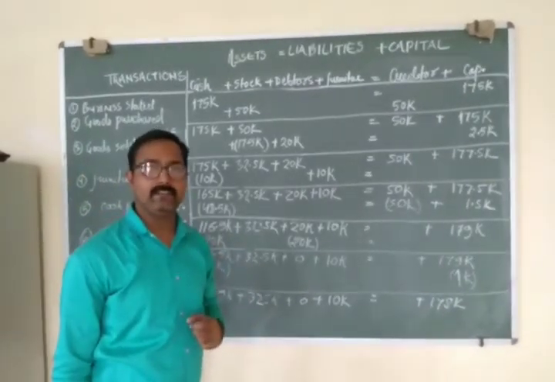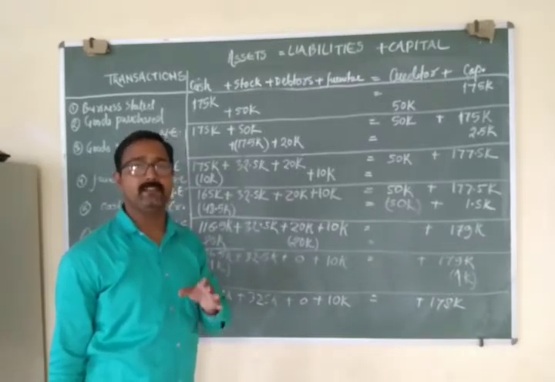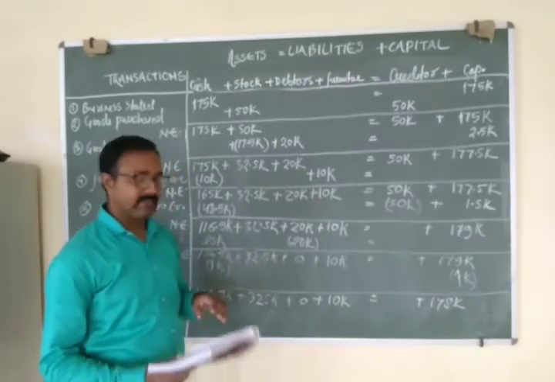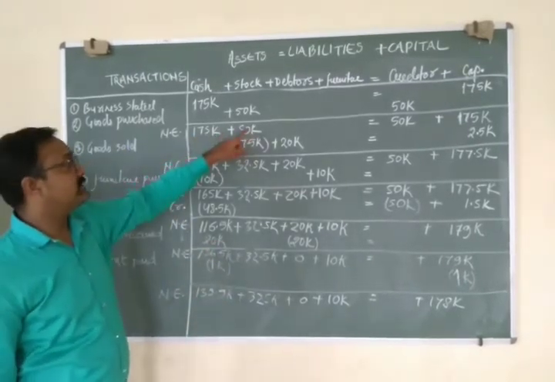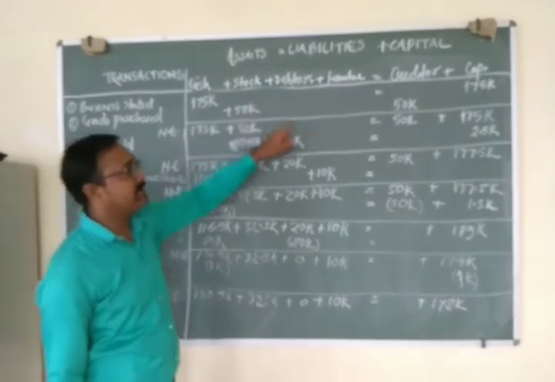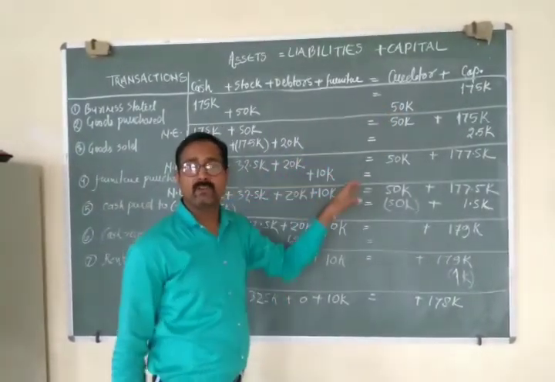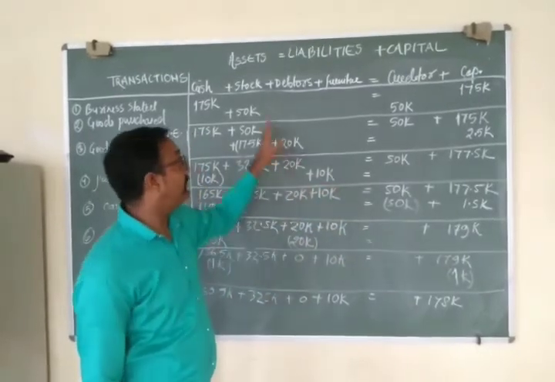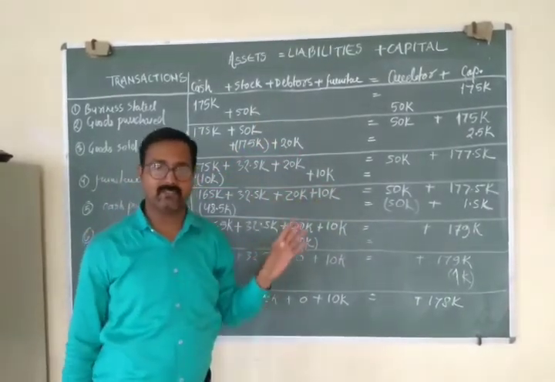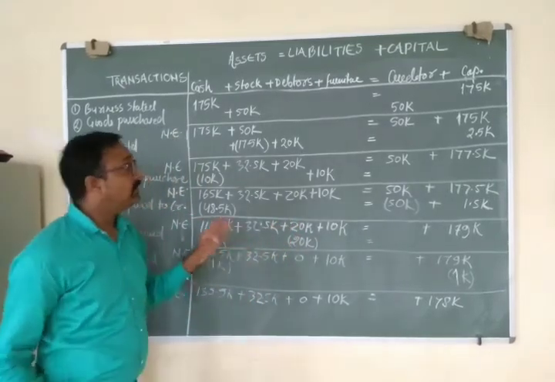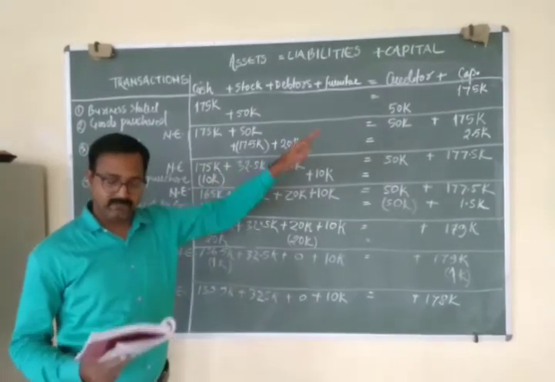It's a credit transaction. So when you purchase goods from someone on credit, it will increase your creditors, that is 50,000 rupees. So this transaction will increase our stock as well as our creditors. This question I have solved in a very short time, that's why I have avoided writing the zeros and all. You can cross check that. So our stock and our creditors both will increase by 50,000.